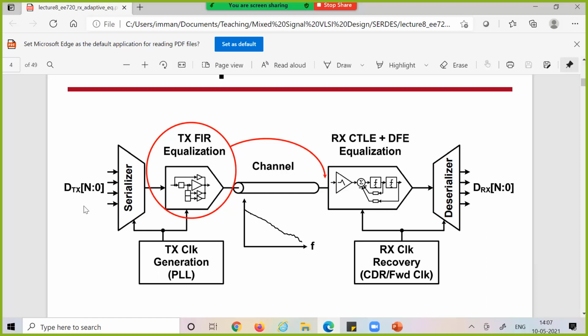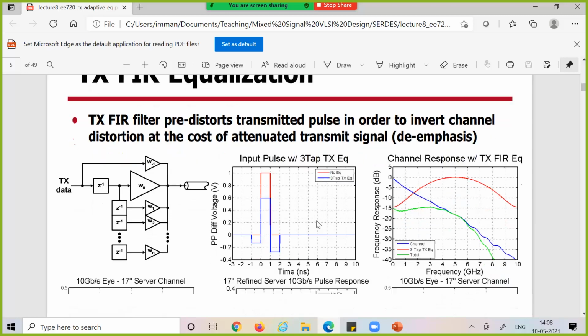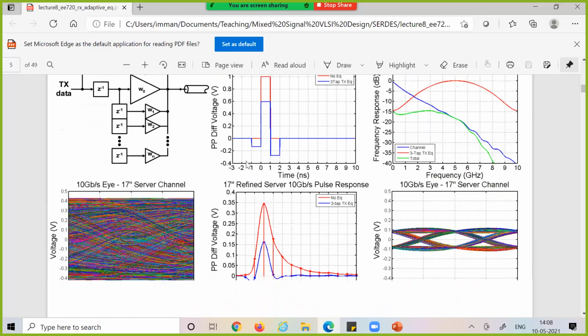Okay. Now there were three types of receiver side equalization that we saw in last class, or rather we just had an introduction, right? One is an RxFIR, where I think this has the slide. So TXFIR we saw, it's a transmit side feed forward equalization. You take the data and then you have the previous data, the delayed data, and so on, and the input pulse shape is kind of distorted. This is called pre-distortion, right?